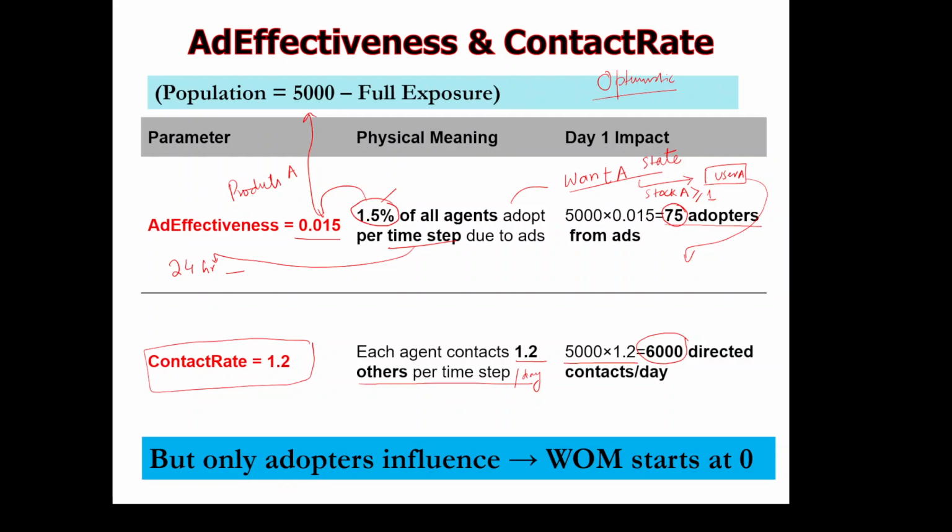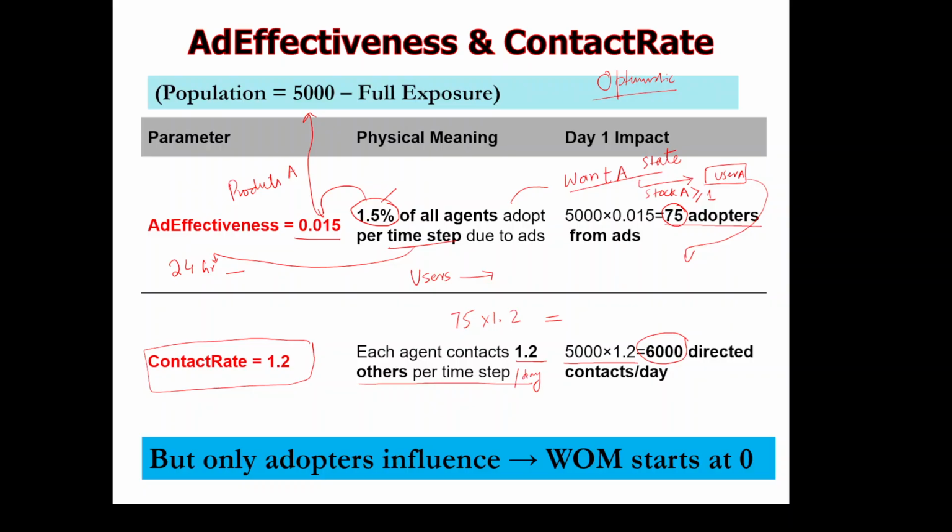But here is the point: though 5,000 agents can have this contact, common sense tells us that only users are able to assert influence on non-users. So from the above calculation we had 75 users. These 75 users will be able to contact other agents at the rate of 75 times 1.2, and they will be able to